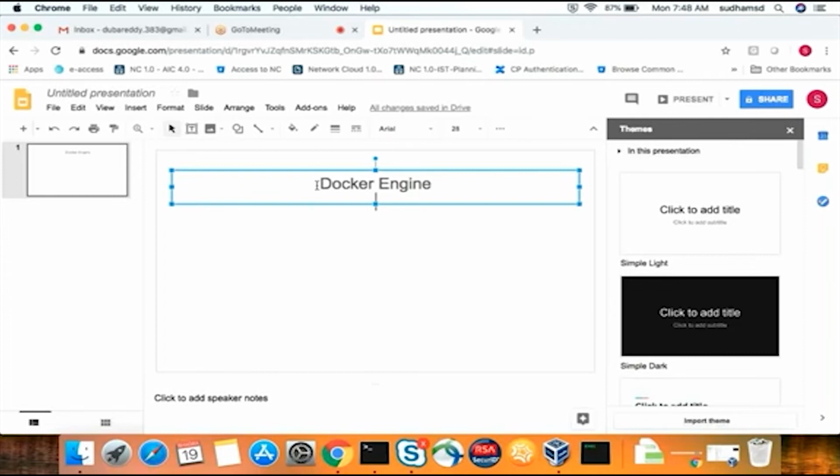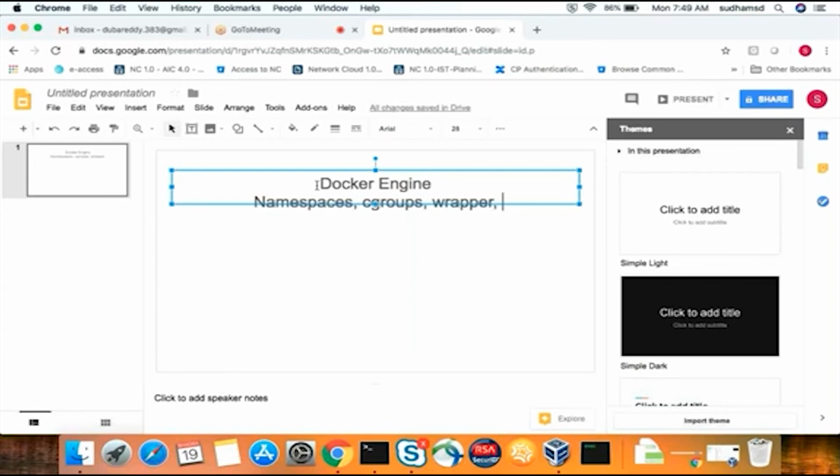Once Docker has been discussed, I'll tell you what kind of technologies they have used in order to achieve this Docker functionality. Like discussing namespaces, cgroups, then what is a wrapper, and then control groups.